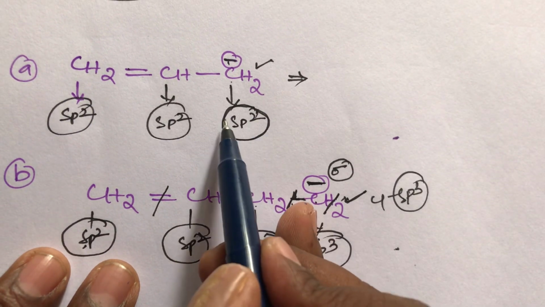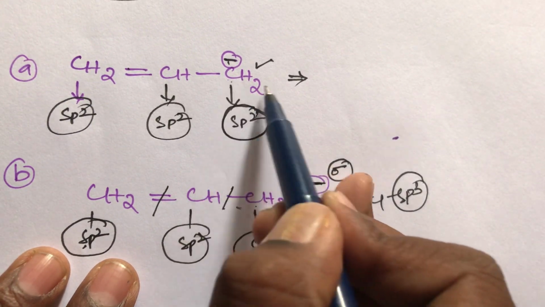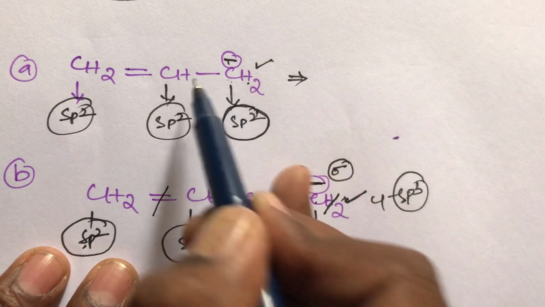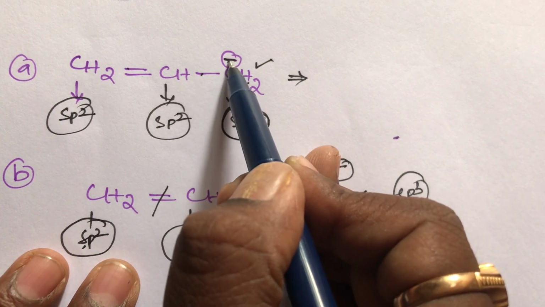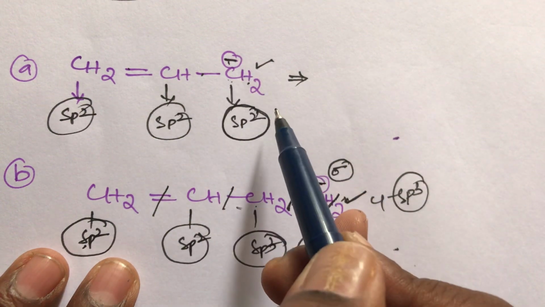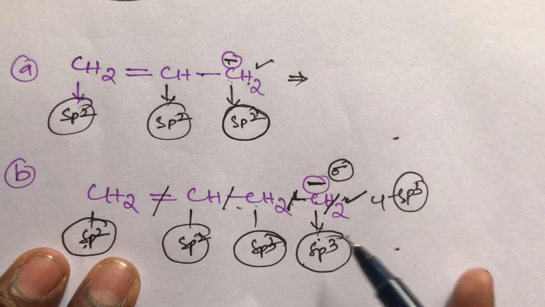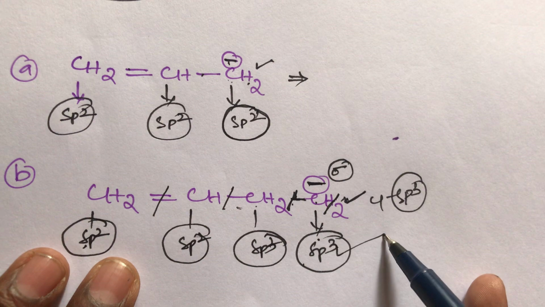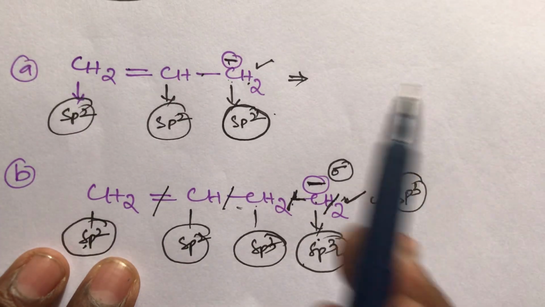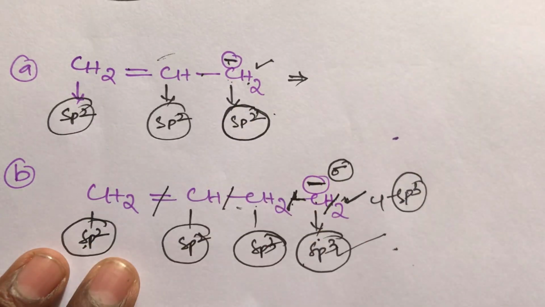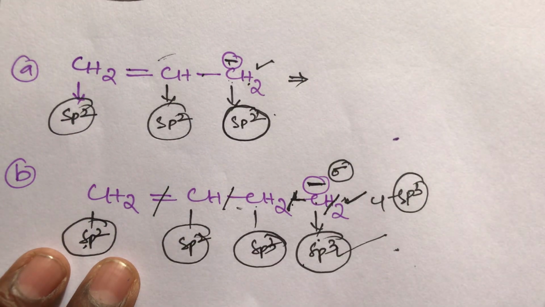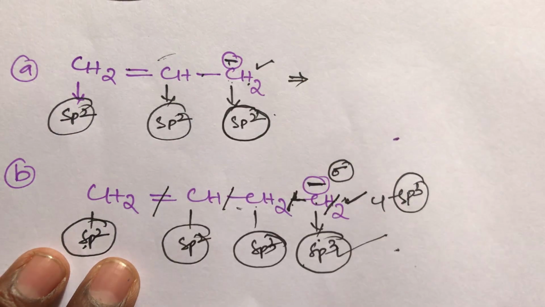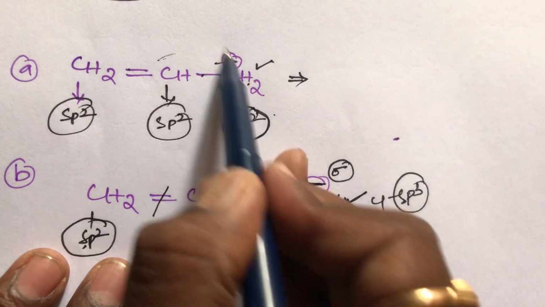But in this case, this carbon is surrounded by 2 hydrogens, 2 sigma bonds. On the left-hand side there is 1 single bond, which is also 1 sigma bond. Here also 1 negative charge is there. But here also 4 sigma bonds are there. So what is the reason, student? If there are 4 sigma bonds, this is sp3, but here sp2. Why? Because this negative charge participates in the resonance. This negative charge is not considered as a sigma bond, because it is not permanent, because it participates in the resonance.